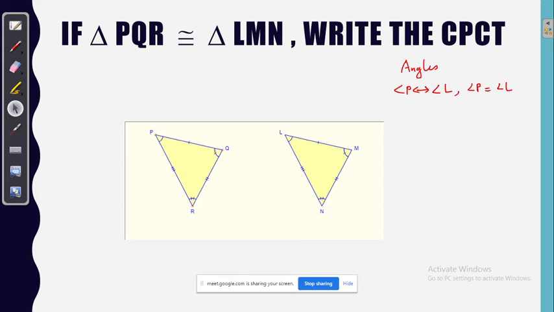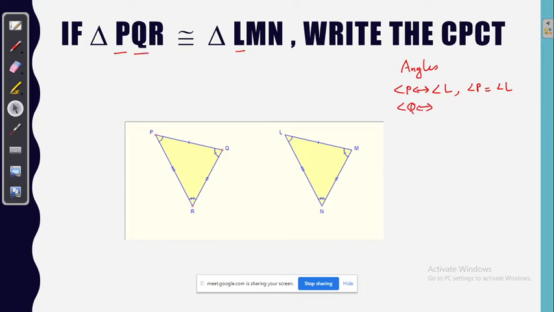Good. And now, Surya Narayana, can you tell me another pair? You can answer through chat box, children. I will check there also. Okay, I got Ramya's answer. Good. Saraswati, can you tell me one pair of angles which are corresponding here? Okay, Geetika, I got two answers. Yes, as they are telling, angle P is corresponding to angle L. What about angle Q?